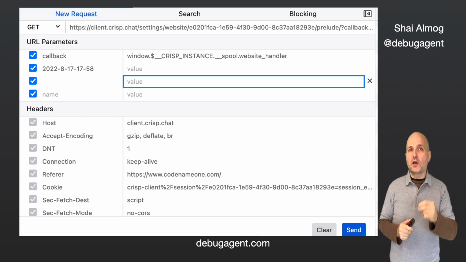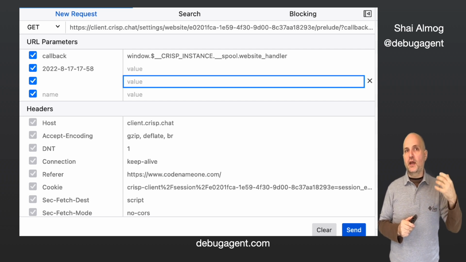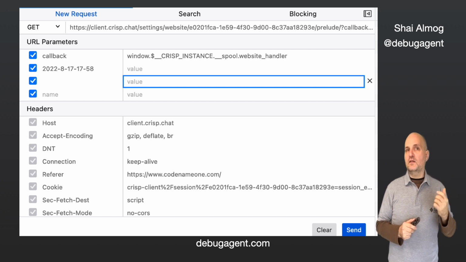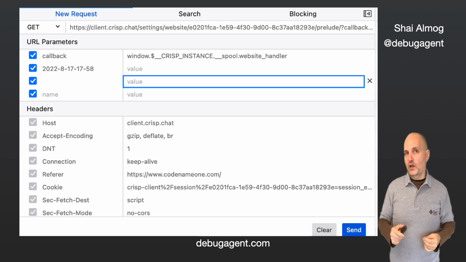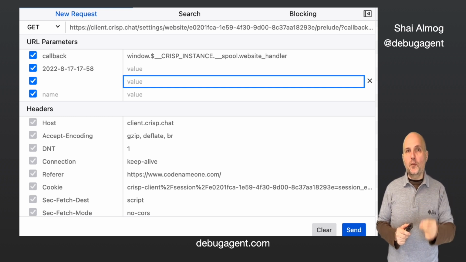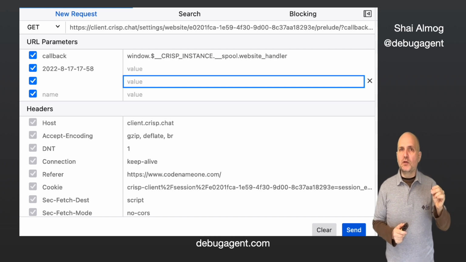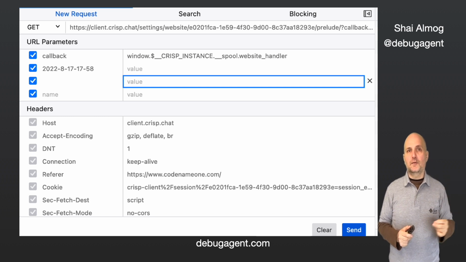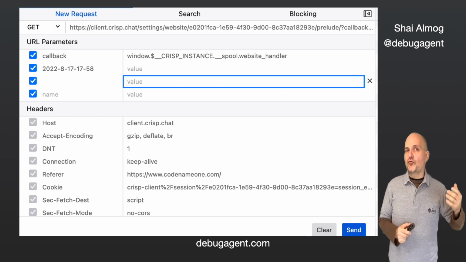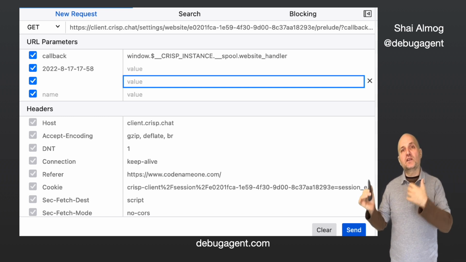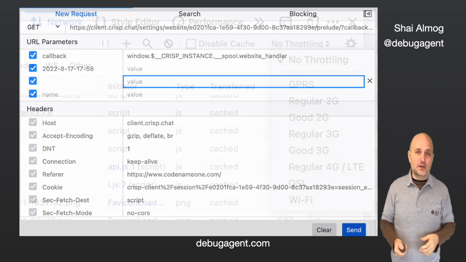Firefox lets us right-click over any entry in the network monitor and select Resend to launch an edit window. We can now issue a custom request and change the parameters we pass to the request as shown here. Both Firefox and Chrome support copying the request as a curl command. You can find that capability under the copy menu in the right click. This lets us reproduce an issue from the command line without going through the browser. You can also copy request headers and paste them into Postman headers section if you prefer working with it.